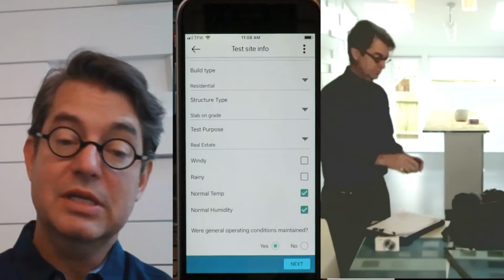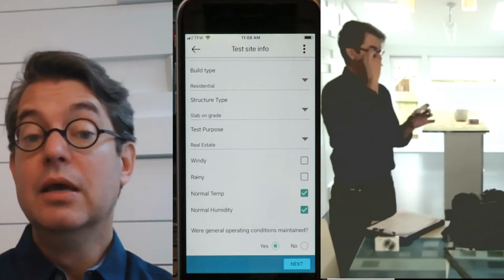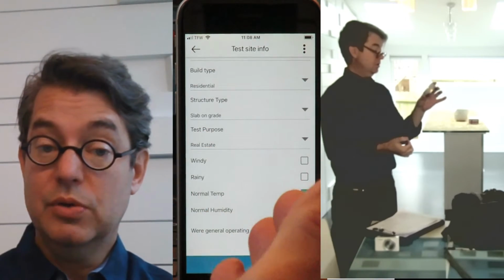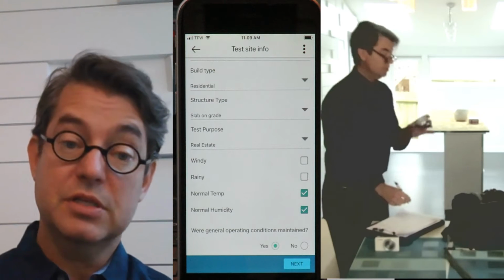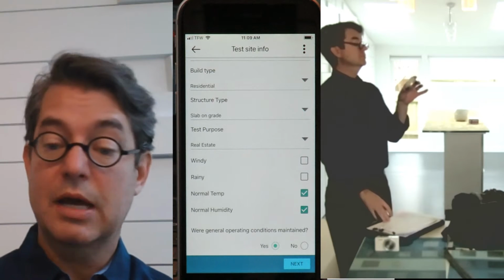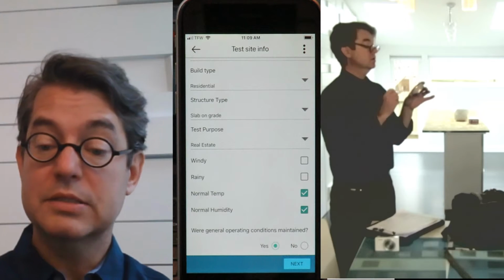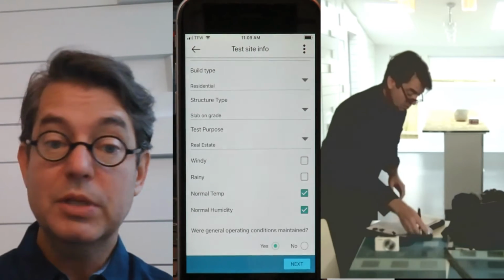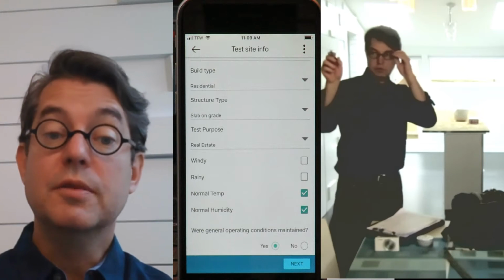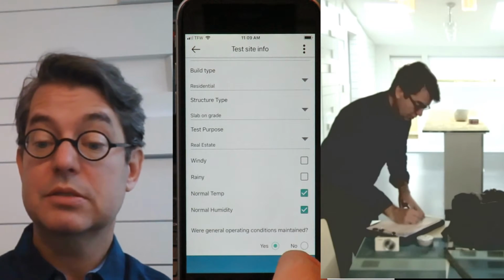At the bottom we have things like, is it rainy, is it windy, which is typically not. These default to the typical standard answer: it's not raining, it's not humid, it's not windy, normal temperature and normal humidity will maintain. So normally on this page you just have to put in the building name and the street address and click